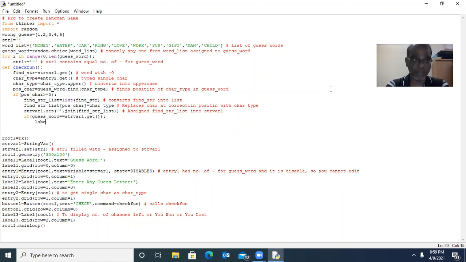So now label 3 is already kept blank without any text. Label 3.config, the text should be assigned with u1. Here we can have one comment, you can easily understand.